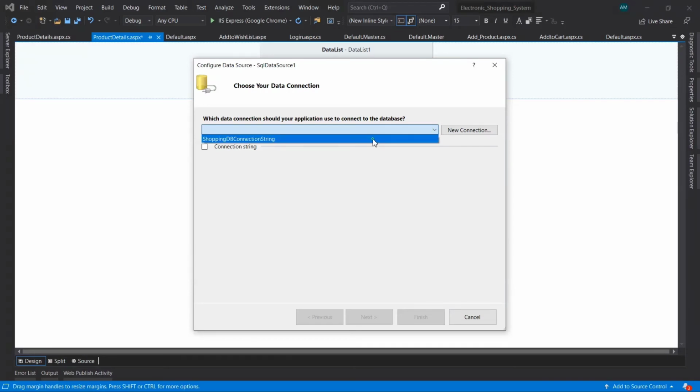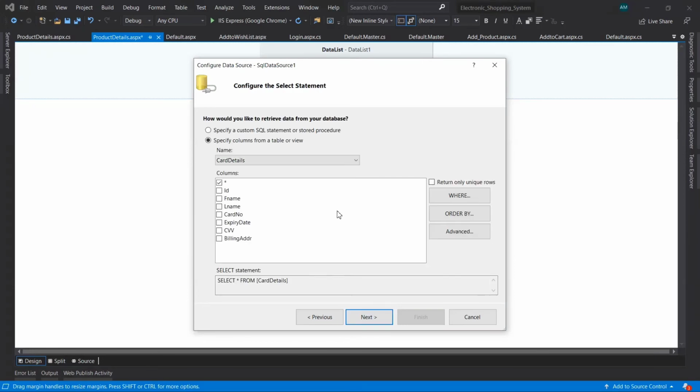Select the connection string here. Click on next. Select the table name, that is the product one table, in my case. Which columns do you want to display? I want to display product ID, product name, description, image, price. That's it.